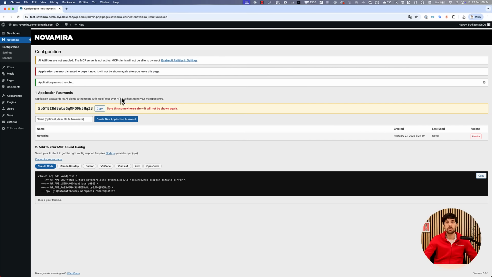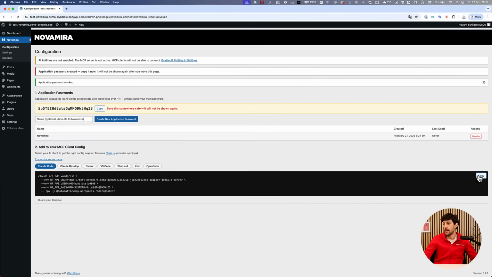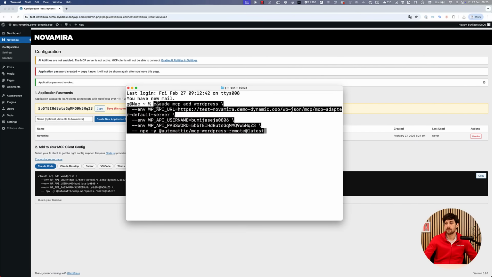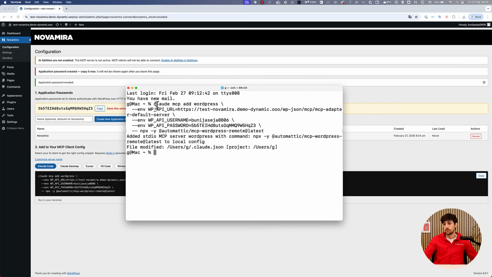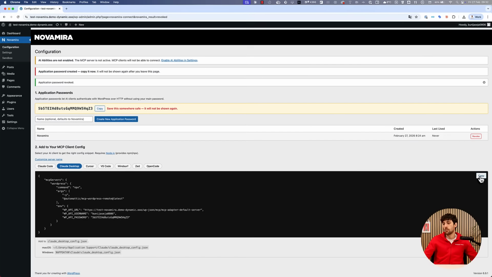I'll start by showing you how to connect to Claude Code. So I copy these commands over here, and then I open the terminal and I paste the commands, and basically we're done. To connect Novamira to Claude Desktop instead, we click on the Claude Desktop tab and we copy the